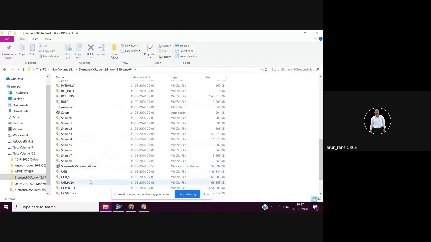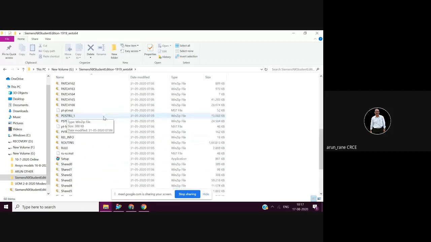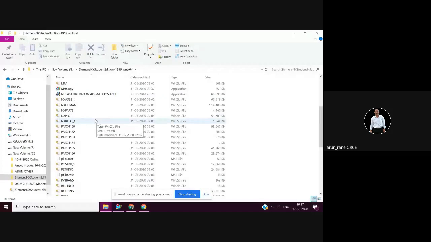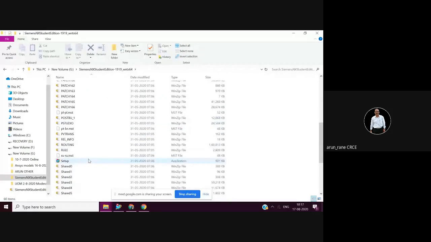Then once this is installed successfully, you run this application file. Again double click here, setup, double click. This is very fast, 1 or 2 minutes. Then you run both. This is again very fast. Once you are done with that, the remaining three are very fast and will be installed in just 3-4 minutes. So downloading is going to take time. Once you download it and run the setup, you will get this shortcut icon.